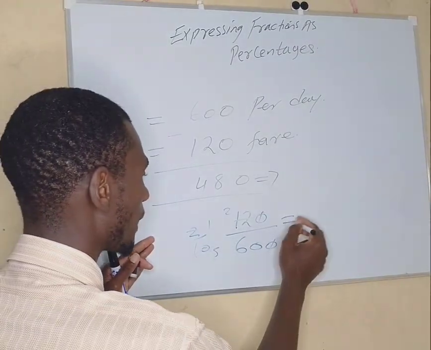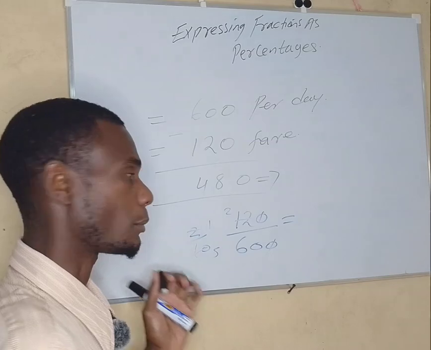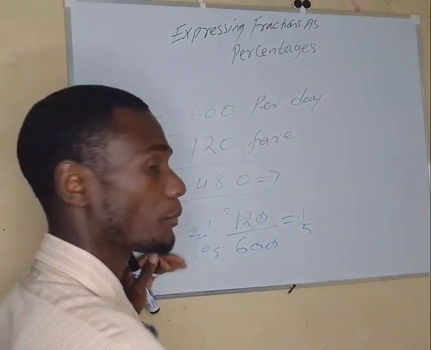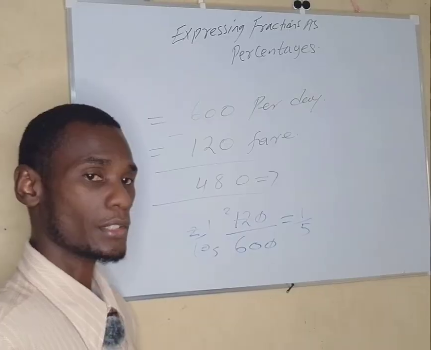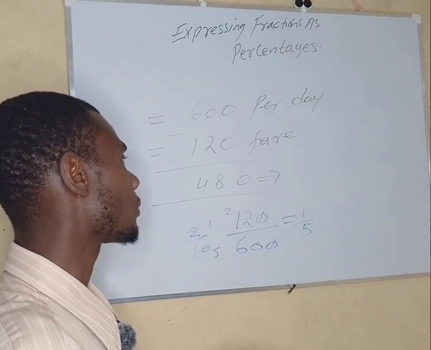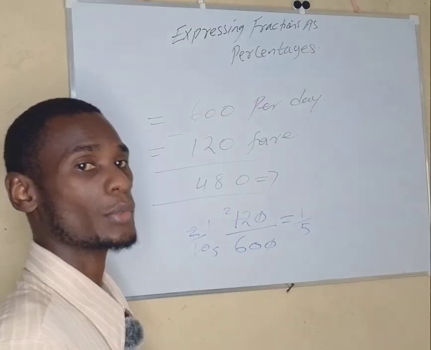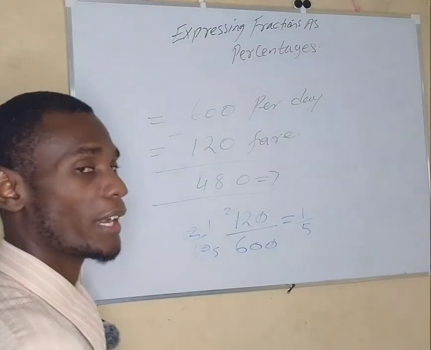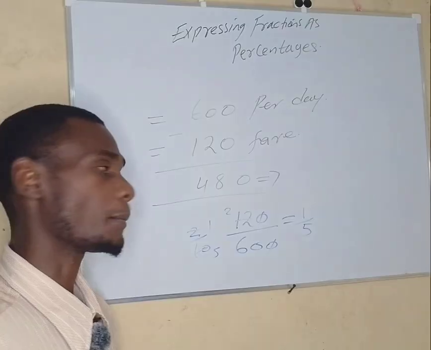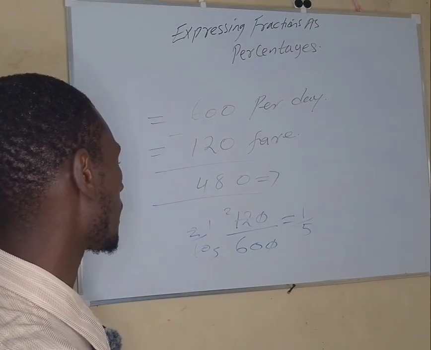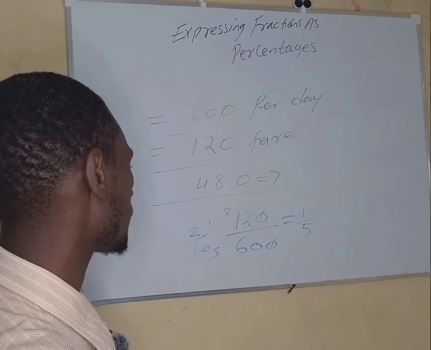If you simplify this to the simplest form, you will have 1/5. You need it as a fraction, kwanza. The first thing you have to do is change it to a fraction. That is when you can change it to a percentage. So you first simplify it to the simplest form, and you will have